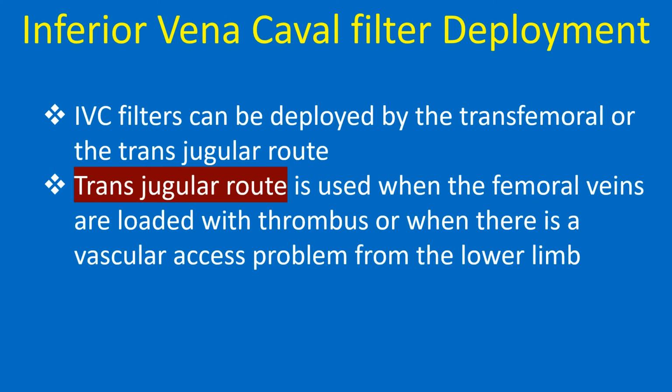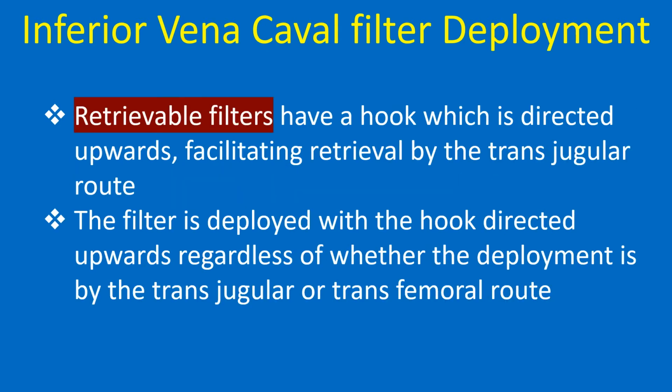IVC filters can be deployed by transfemoral or the transjugular route. Transjugular route is used when the femoral veins are loaded with thrombus or when there is a vascular access problem from the lower limb. Retrievable filters have a hook which is directed upwards, facilitating retrieval by the transjugular route. The filter is deployed with the hook directed upwards, regardless of whether the deployment is by the transjugular or transfemoral